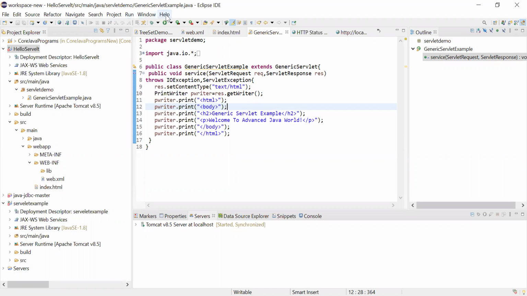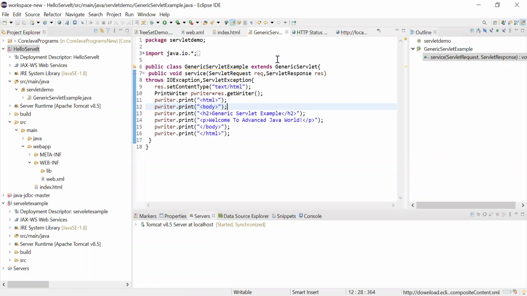I have installed it in my Eclipse. But in your case, if you are using an older Eclipse, maybe Luna or something else, you need not install any other external software. In my case, I installed it externally so that I'm able to run this servlet example inside the Eclipse.